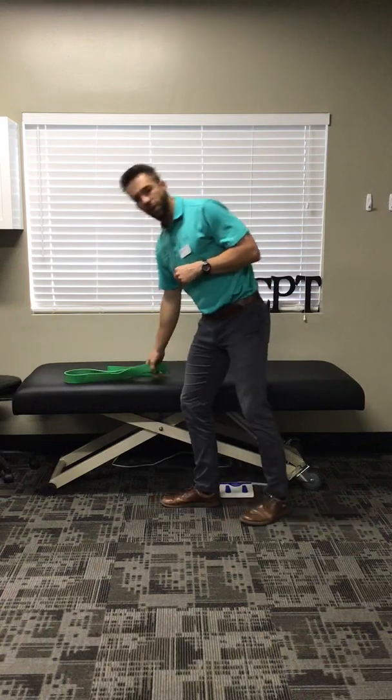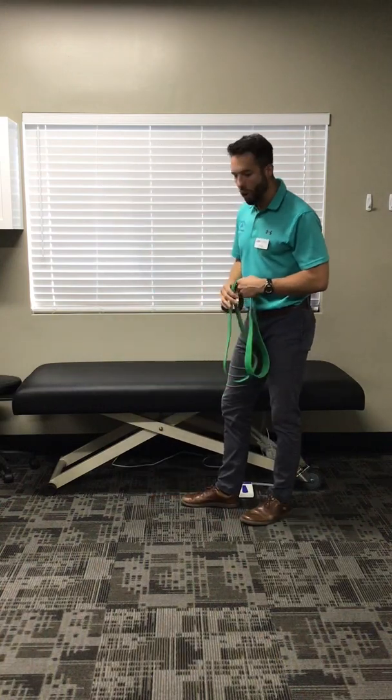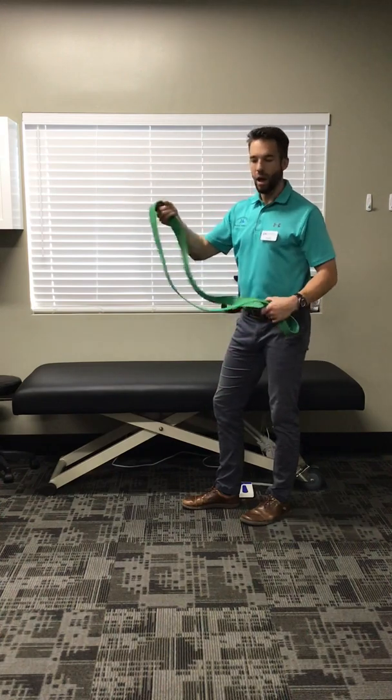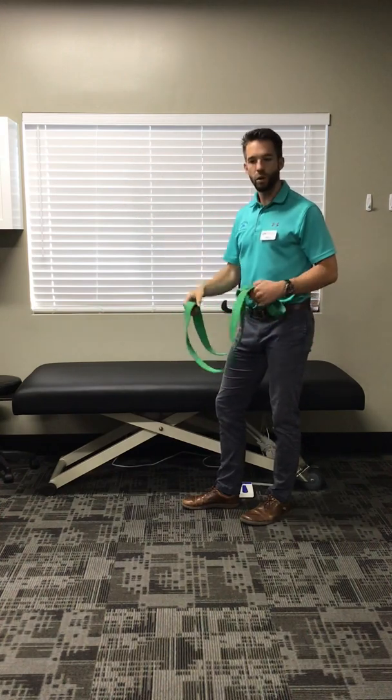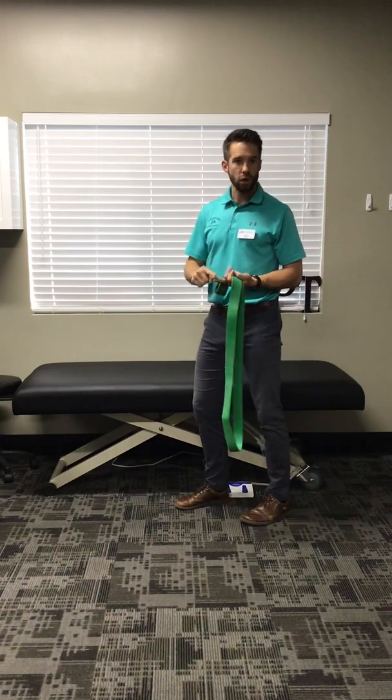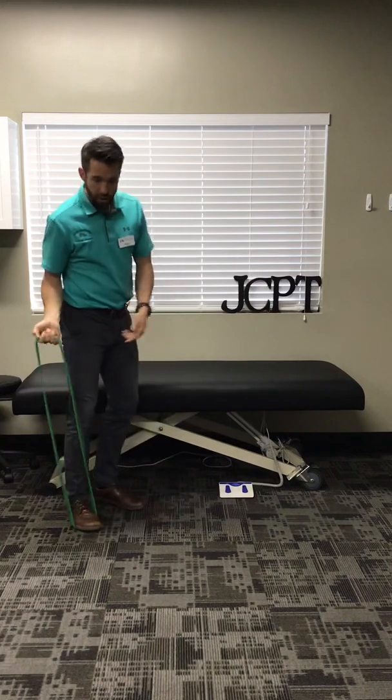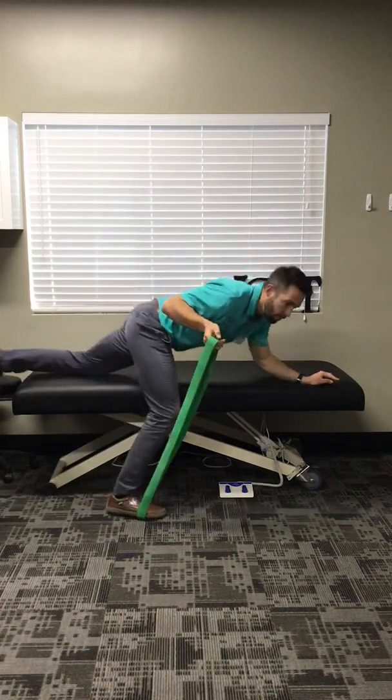So the first one can be done on the floor. I'll do it here on the bed. All you need is a strap of some kind. So here I've got the big thick rubber band. A static strap works best actually, so if you have a ratchet strap, a dog leash or a belt, those work really well. What you'll do is you hook it around your foot, lay down on the floor,